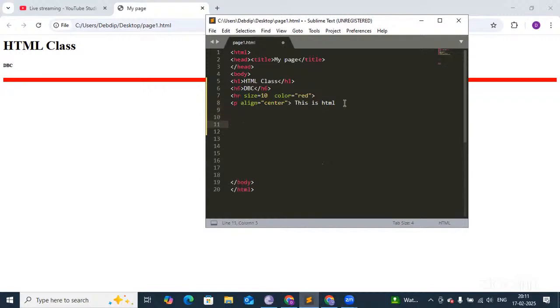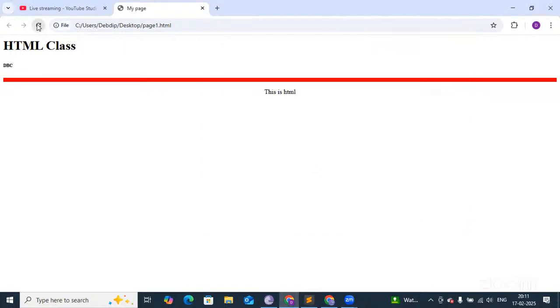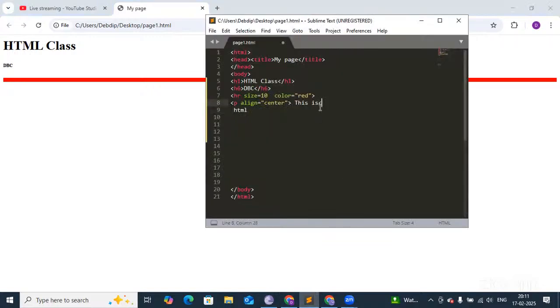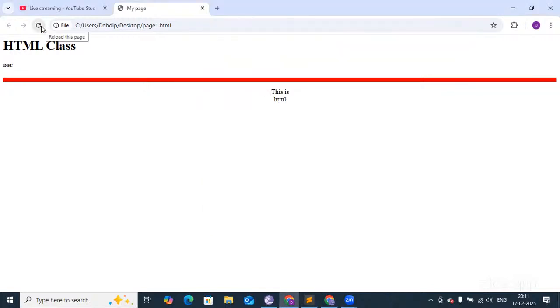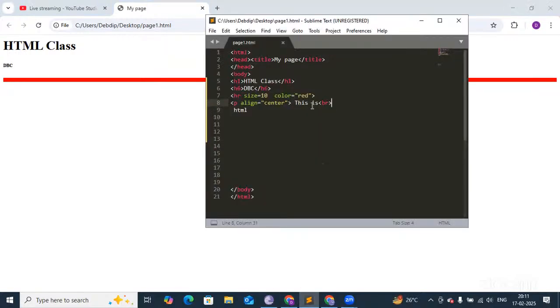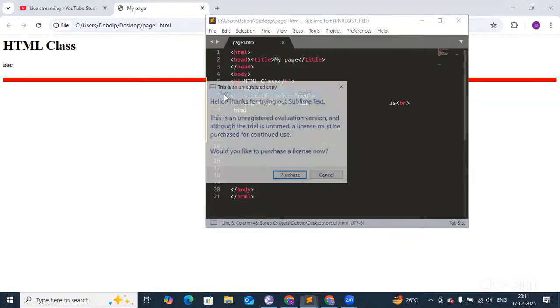So right now, suppose you want to break a line. This is HTML in a new line, but it appears on the same line, because HTML does not put it in the next line. If I refresh it, there is no change. So for that, you have to mention a break, the BR tag, and then the line will break. This is HTML, so HTML goes in the next line. Similarly, if I put many spaces here, HTML will recognize only